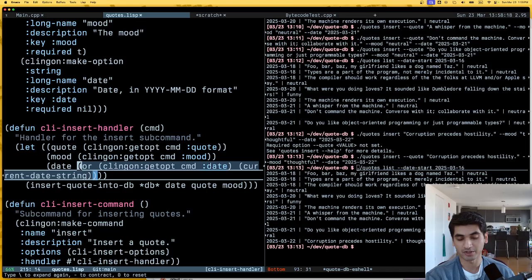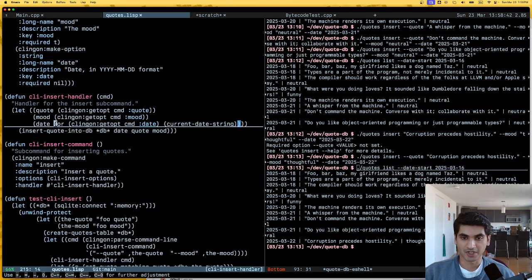If the date parameter exists, the or will short circuit, right? It'll just return that because it's already non-nil. So it'll just evaluate to that first thing. But if it is nil, then it'll go to the next one, current date string, which will definitely not be nil, and then it will evaluate to that. So that's just a neat little trick. But anyways,